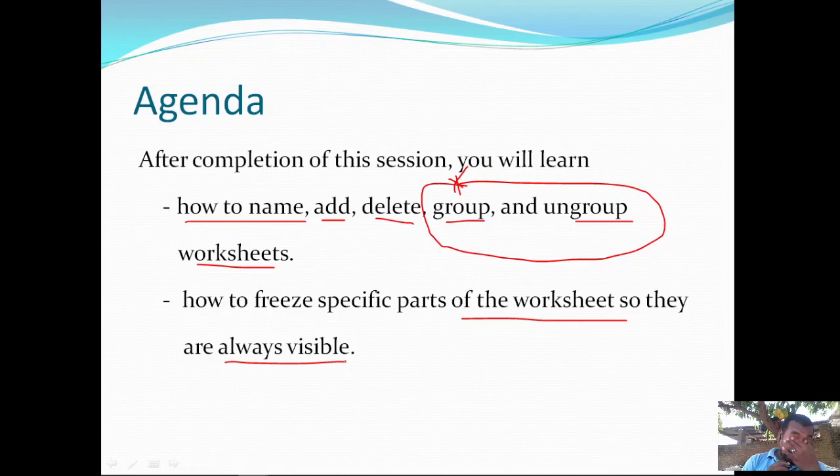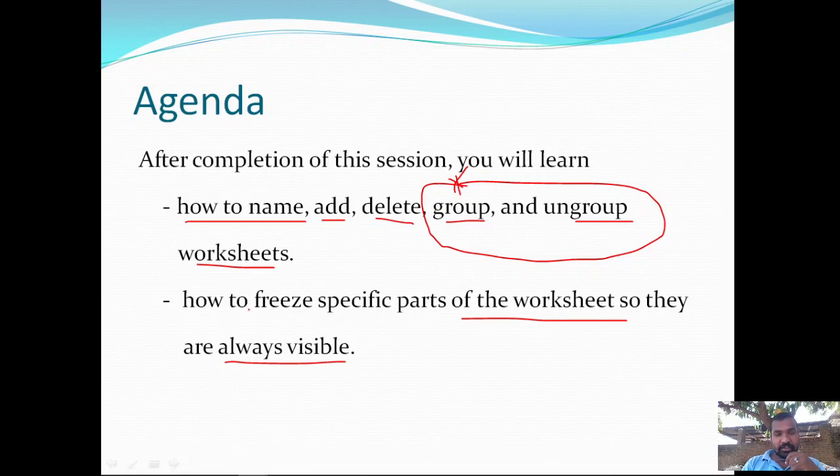If we want to navigate among the data on the table, the table headings are going to hide, so it is difficult to identify which data belongs to which column. That can be overcome with the help of this freezing technique.